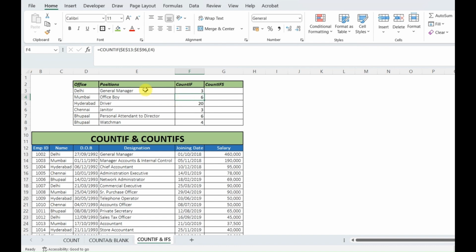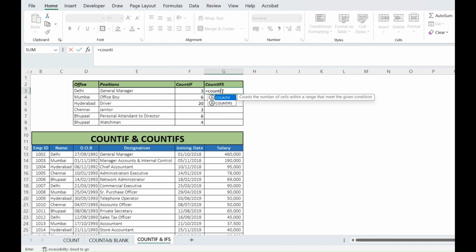But if you have more than one criteria, for example, you want to count the number of designations based on the office locations in these cities, now we have two criteria, so we will use the COUNTIFS function. Select the COUNTIFS function. First select the criteria range 1,